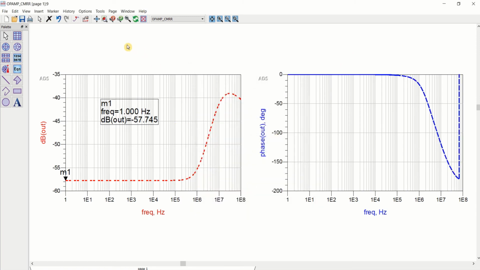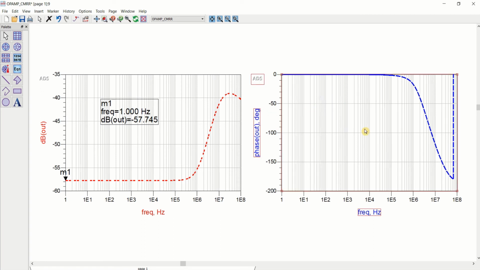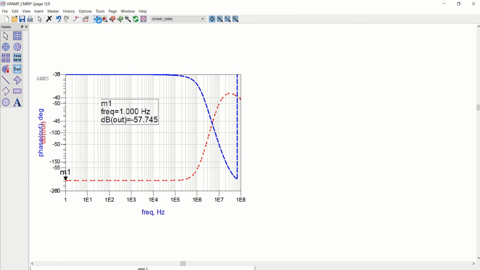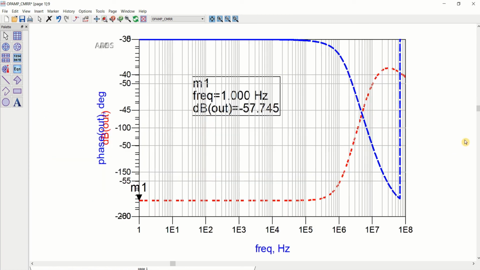So this is the CMRR plot for phase as well as the magnitude. So this is the plot. Exactly at 1 hertz, it is having a CMRR of minus 57.745.